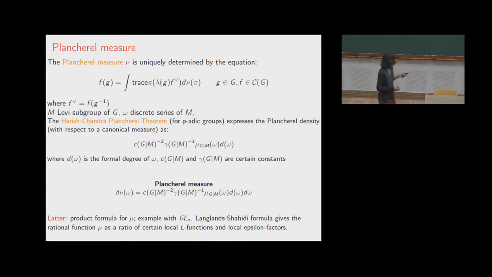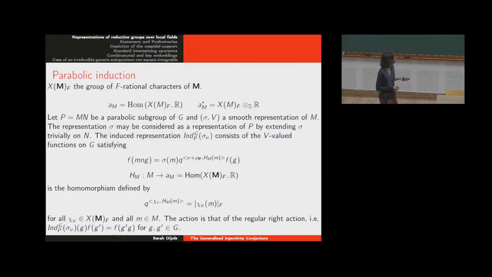And this one introduces the mu function, as I said, up to certain positive constants, this function, which will appear in my work. And you can express it, that's the relationship with number theory, as a ratio of L-functions. So we have seen that last week, but I will remind you of some basics of representations of reductive groups